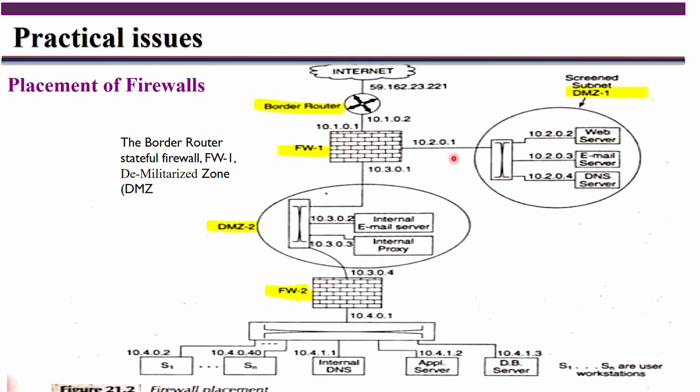That is 10.20.2.01 here. Okay, and in the same way, if you want to communicate here, you are using one more DMZ zone 2, and here you are using the internal email server. If it is an internal email server, what does it mean? If you want to send mail to a mail ID that contains the organization mail ID, then you can check that here.